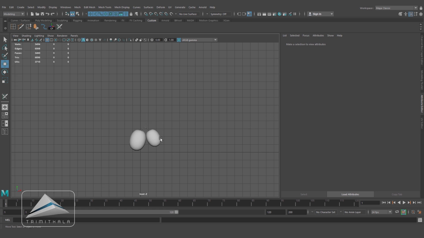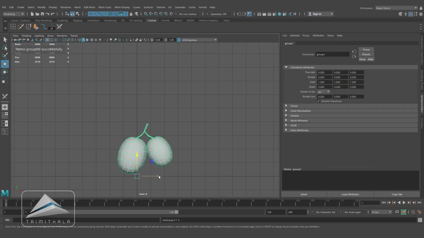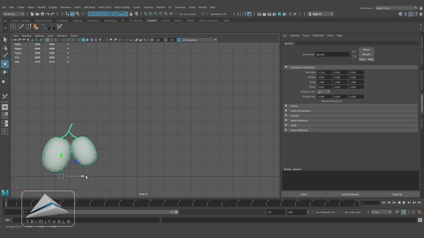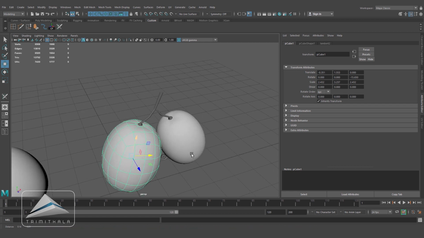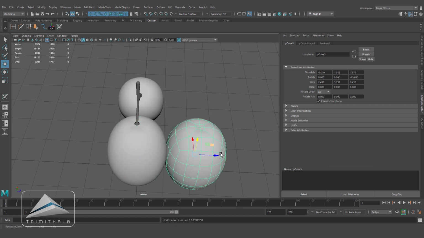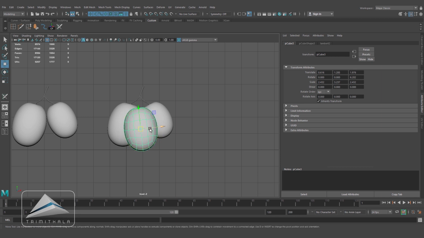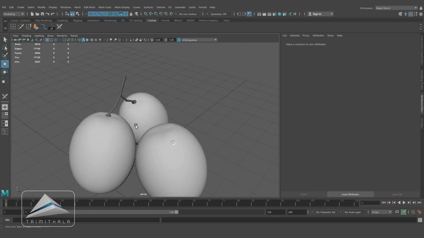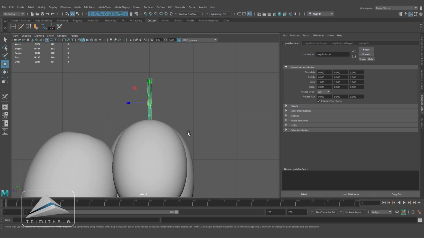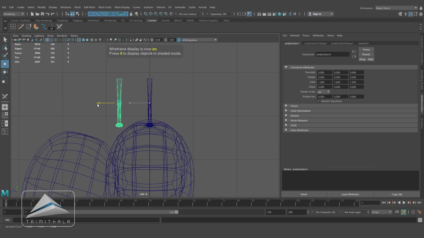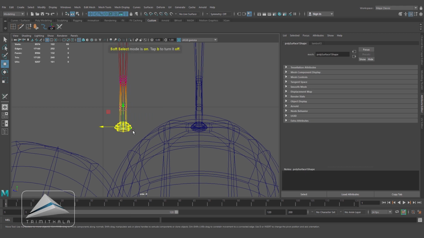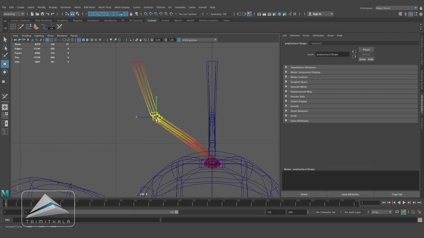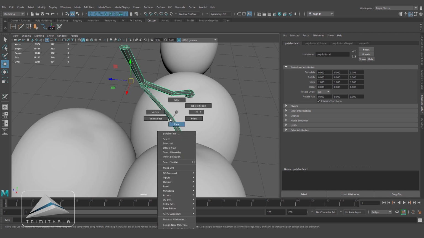Alright, now select everything and Ctrl G to group it and keeping it aside. Once again duplicating the group. Now in a very similar way I am going to create a third grape in this area by duplicating it, and I will connect it with the stem. I am fast forwarding the video because I am repeating the process.